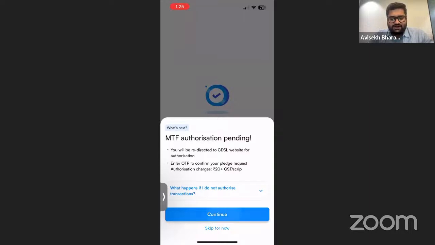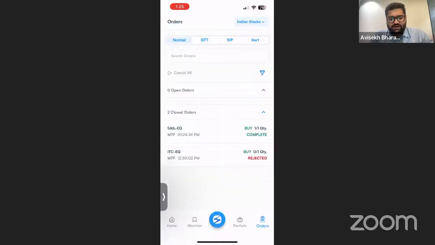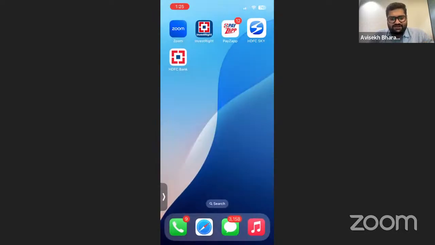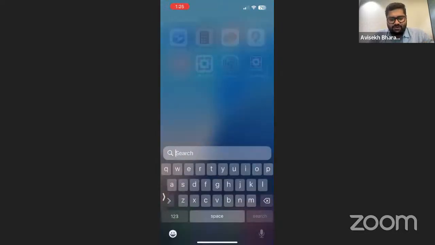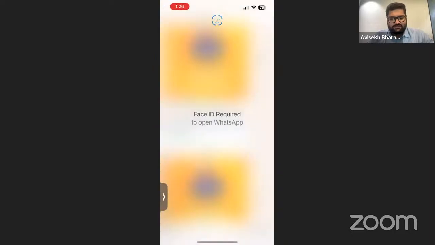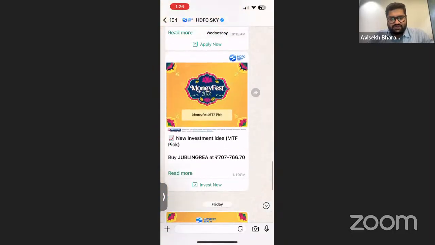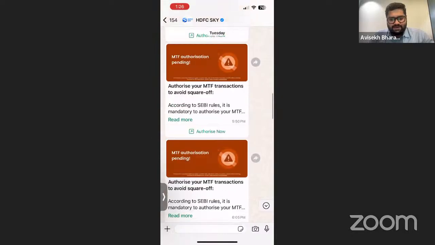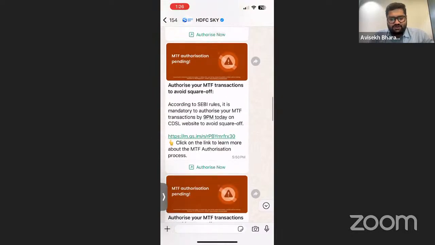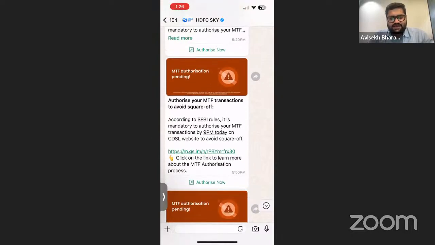So let's click on continue. I'll just show you how it goes. So I've clicked on skip for now. What happens is, if you have clicked on skip for now, you will start receiving WhatsApp messages. This is the HDFC Sky WhatsApp page. Something of this sort will start coming to you.